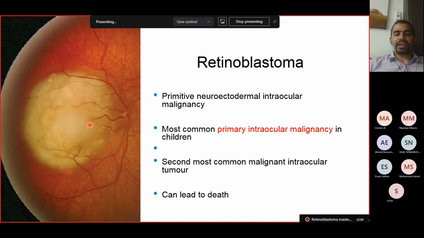So in the retina, there are neuroectodermal cells. When those cells turn malignant, they give retinoblastoma. And it's the second most common malignant intraocular tumor after malignant melanoma. The importance of detecting and treating this condition is that it can lead to death due to the